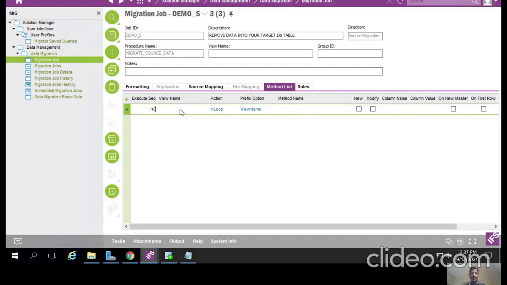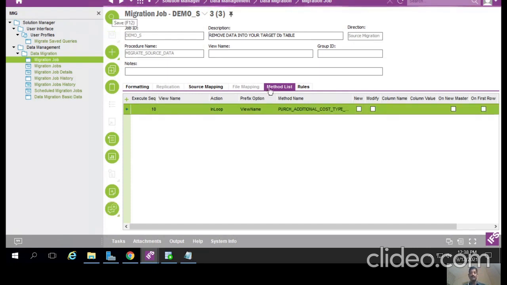No need to record from your view name. Go to the method name section, go to your API name. Now dot. Actually, I want to perform the remove method, because I want to remove records in your API. Correct. So remove underscore and save. Right, guys? Because I need to remove data from your target database table.